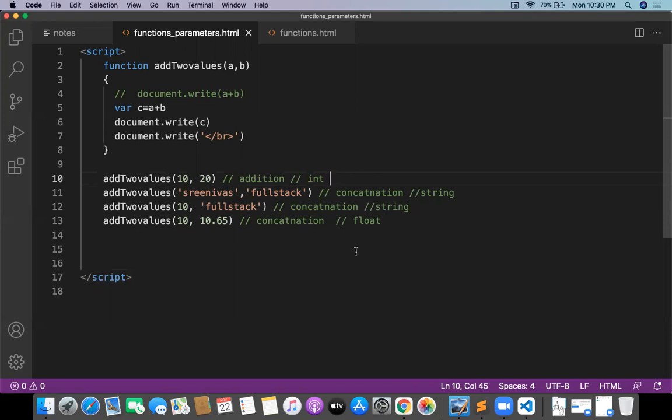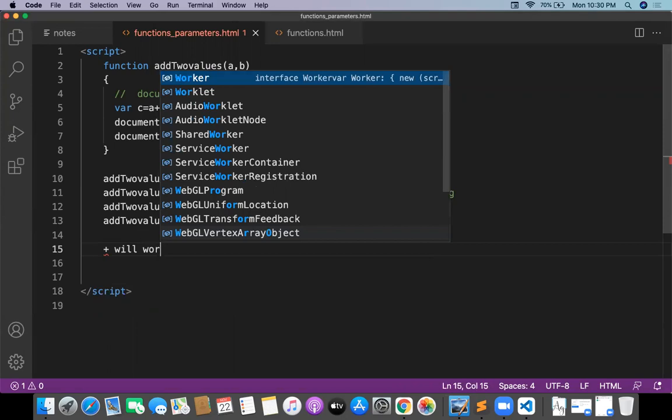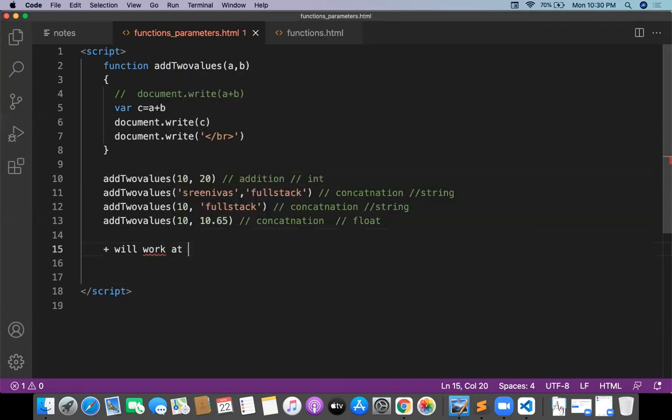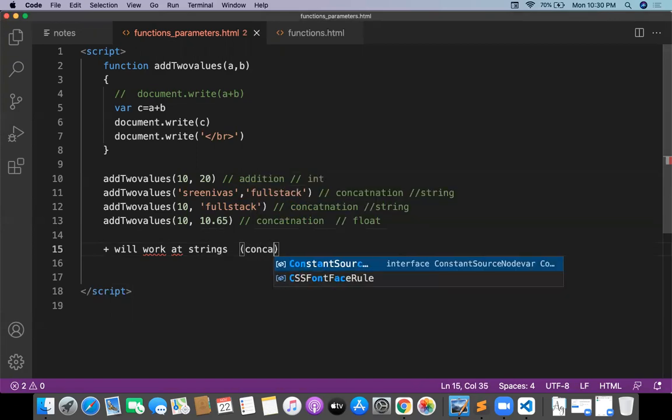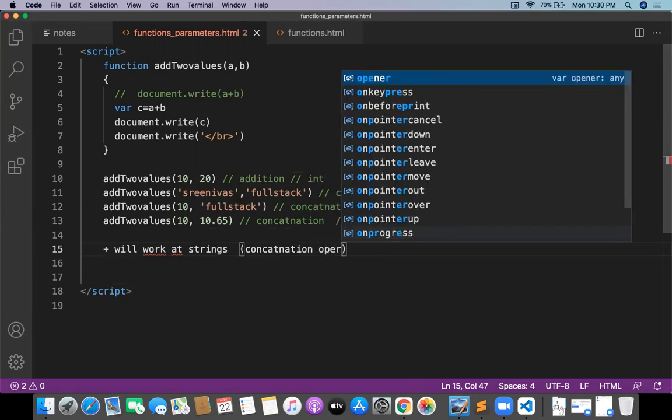Try to understand. So plus is the symbol which has two kinds of forms. Plus will work on strings as a concatenation operator.